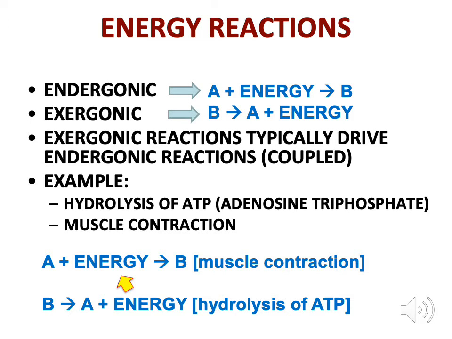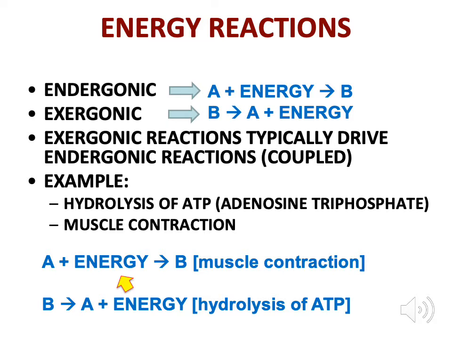I see here hydrolysis of ATP, which is the breaking of ATP, our biological fuel molecule. It's called adenosine triphosphate. It contains a heck of a lot of stored energy. If we break that ATP molecule, a process called hydrolysis, we will release energy. So that is an exergonic reaction. So up above where you see the bullet point that says exergonic reaction, you might write down to the side somewhere, hydrolysis of ATP. You break ATP, you release energy.